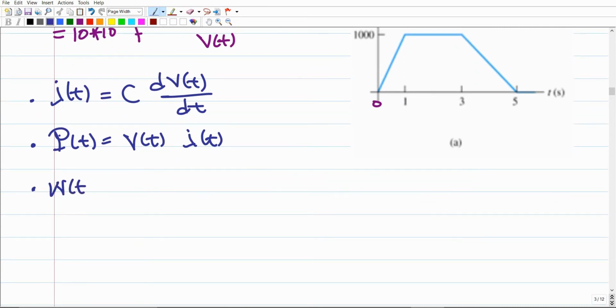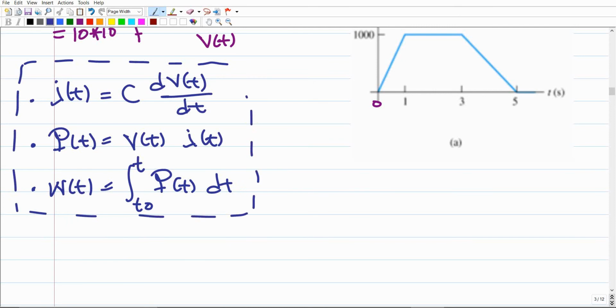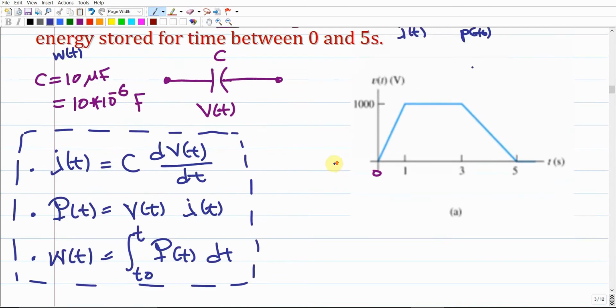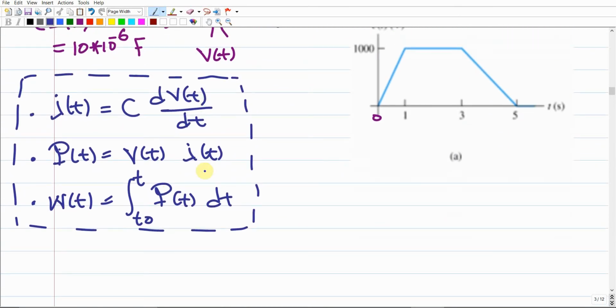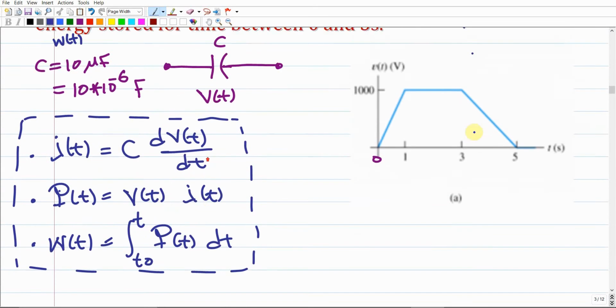And the energy of t, it should be the integration from t0 to t of the power of t dt. We're gonna end up with this. So these are the three formulas that we have to use for solving this example. Make sense? But to do so, as you can see, everything depends on the volt, and the volt is already given as a discrete function, so we have to find the function, the discrete form of this graph, or graphically